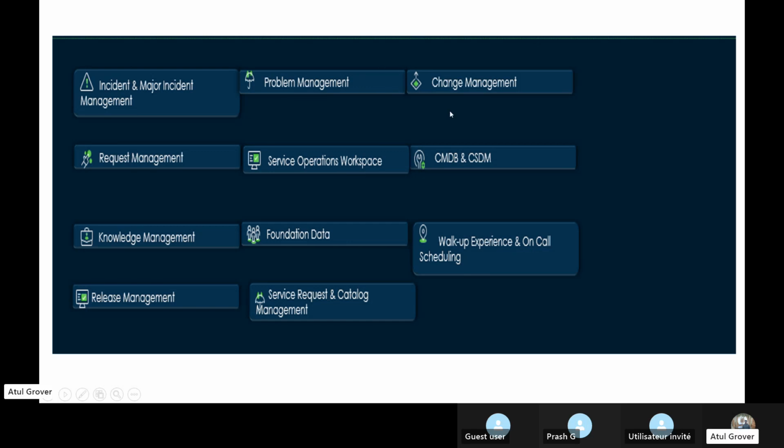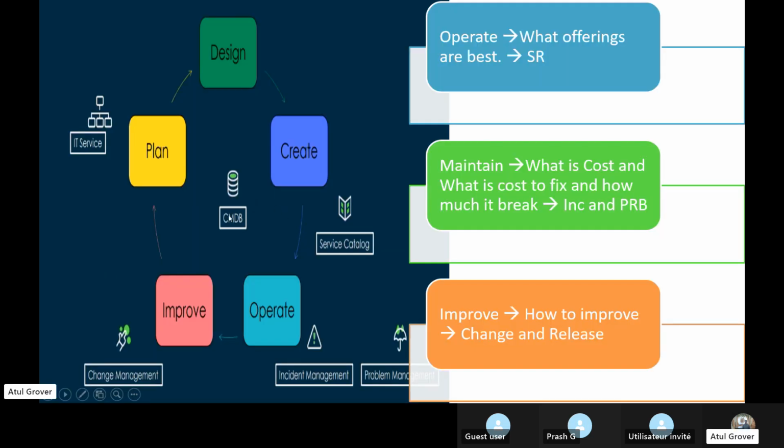I will give you tips as well on what you need to study when you're studying for service operation or the CMDB or the CSDM part. Because CMDB, CSDM and knowledge are the supporting modules, not the core modules. You cannot use them independently. If you see here, CMDB is in between.